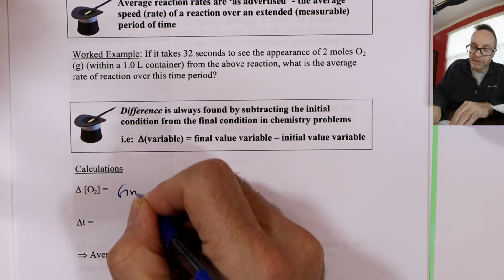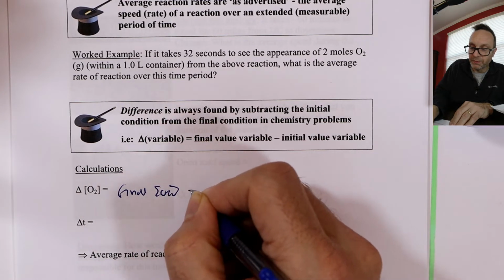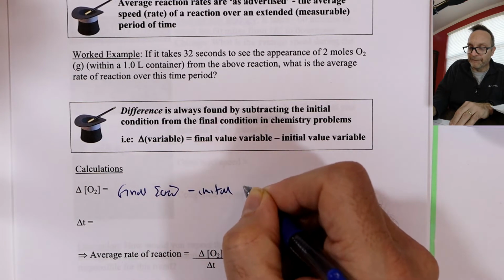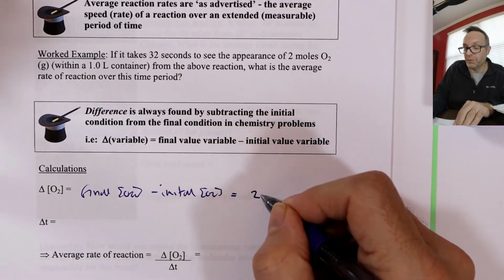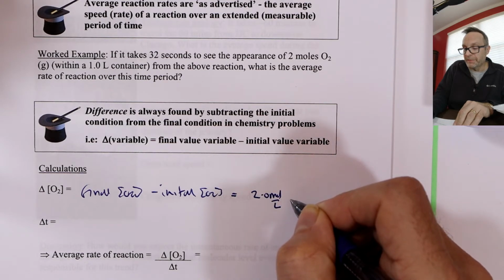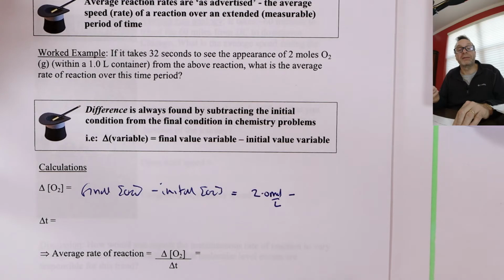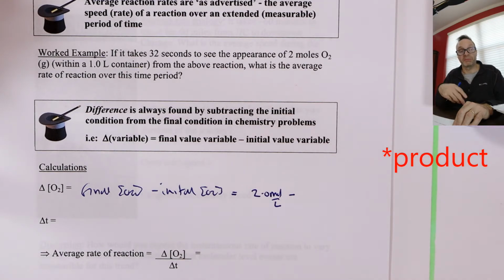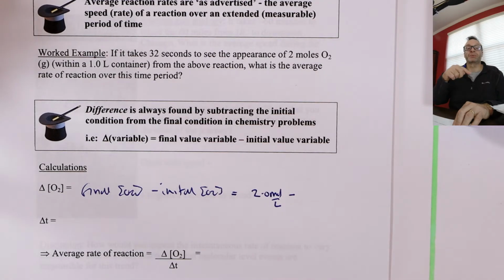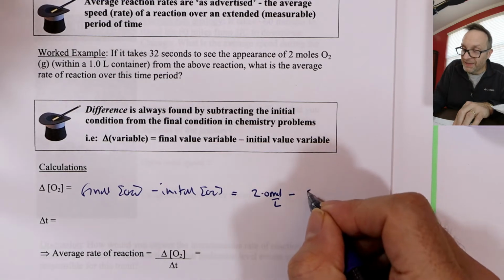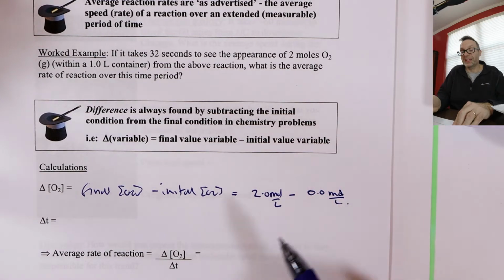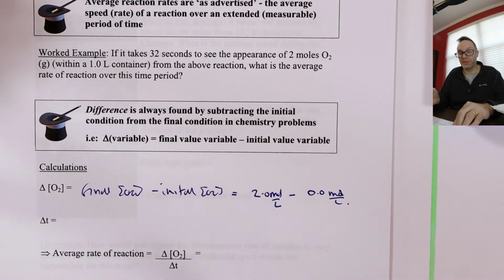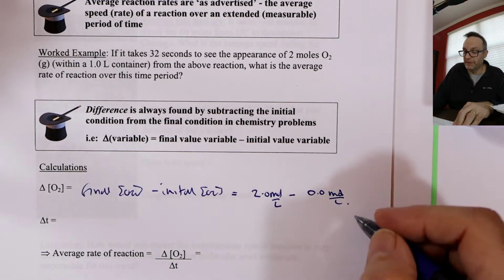So it's final concentration of O2 minus initial concentration of O2, which equals, it's a product, we end up with 2 moles per liter minus, now where did it start? Well, at time 0, when we started this reaction, it hadn't made any yet. So reactants always start at a high number, products always start at 0. So 0.0 moles per liter. Now that's trivial because obviously it went from 0 to 2, the change was 2, but we have to show that. It won't always be that simple, which equals